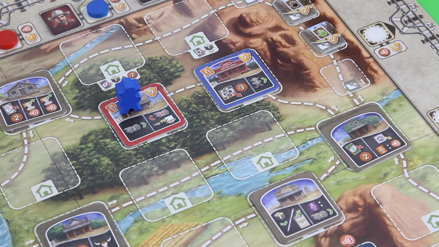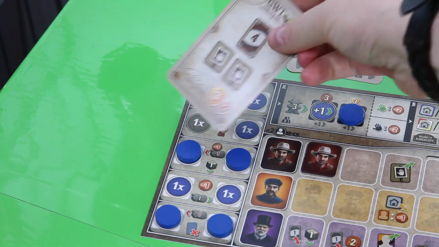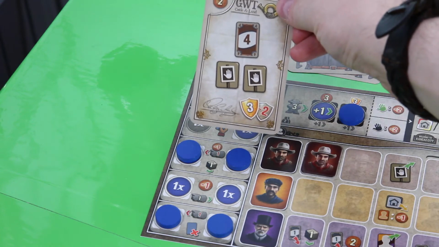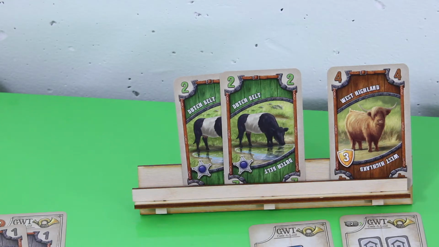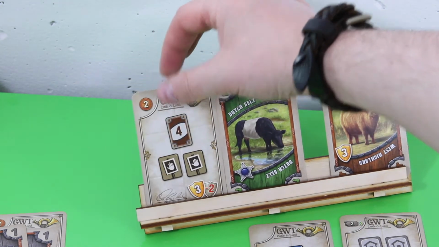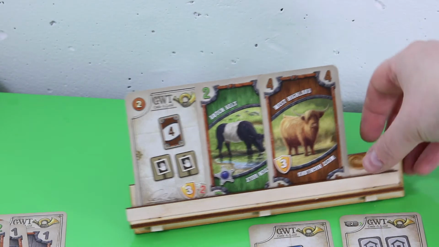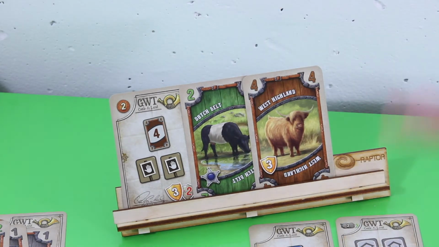Here I only can take the single or simple auxiliary action, and I think I will go for this one here. So I will now draw a card. Okay, that's not bad. That's not bad. So I will take this into my hand, and I can play it right away, to be honest, but I still have to discard one. So I will go for one of those Dutch bells, and I'm really thinking of playing this card right away, but